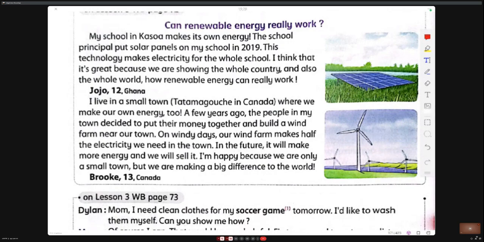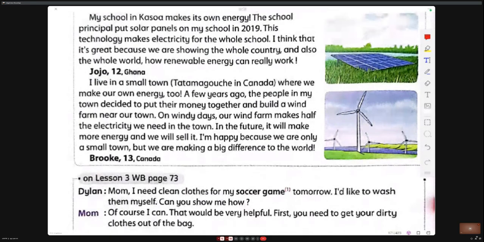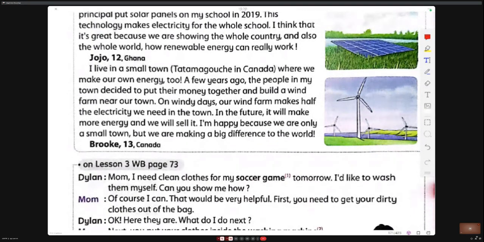I live in a small town, Tatamagoshi, in Canada, where we can make our own energy too. A few years ago, the people in my town decided to put their money together and build a wind farm near our town.